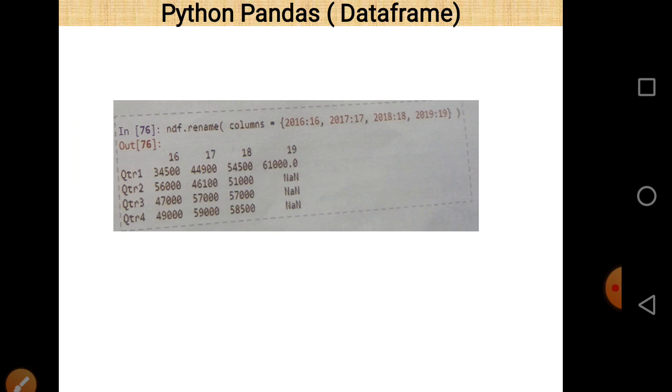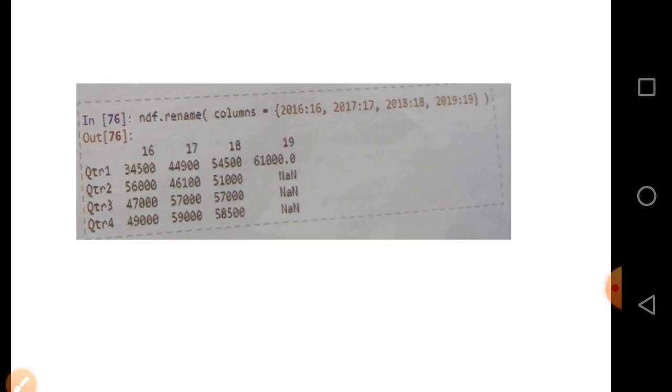And there is another syntax. If you don't want to mention axis, and you just want to write columns in place of axis, then first write columns, and then pass the values of column names like this.